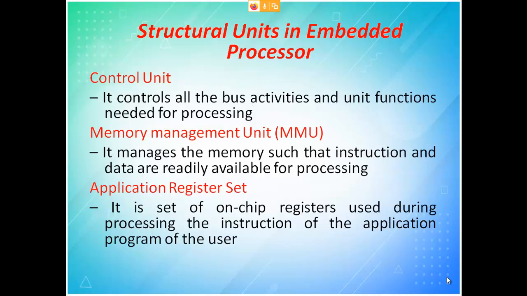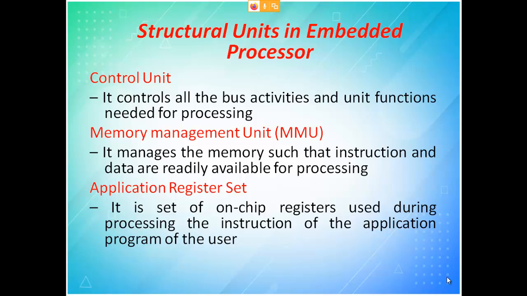Then comes the control unit. What is the role of the control unit? This is similar to your brain. Something is viewed by your eye, that image is brought in and sent to the brain, and then the brain will identify what it is. If I just say elephant, just close your eyes, and the entire elephant will come into your picture. How is this happening? That is because of the control unit. Similarly here,